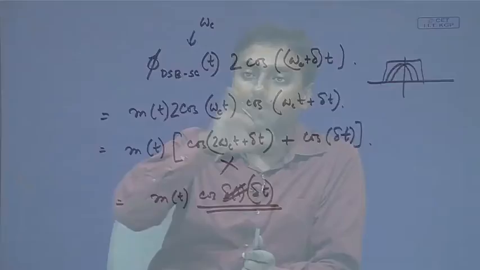With phase drift, my message signal was almost similar and I was getting something over there, as long as the phase was not going near pi by 2, because then it was just an attenuated signal and the attenuation was not very big. So that way I was safe. But here, my message signal is now getting modulated. Whenever I demodulate, I expect that I should be getting the message signal, but it is no longer the message signal. It has some modulation on top of this, which is modulated by that delta.